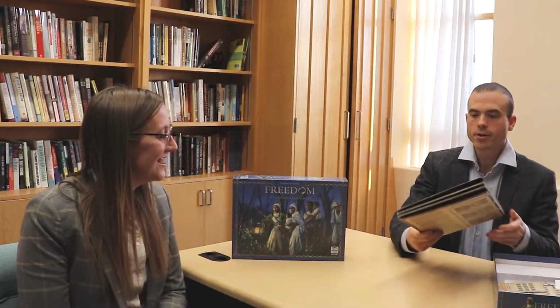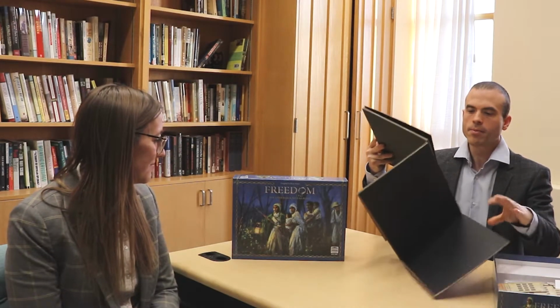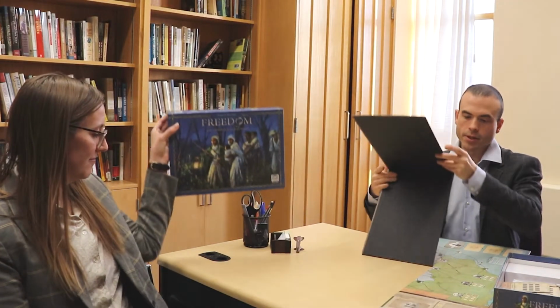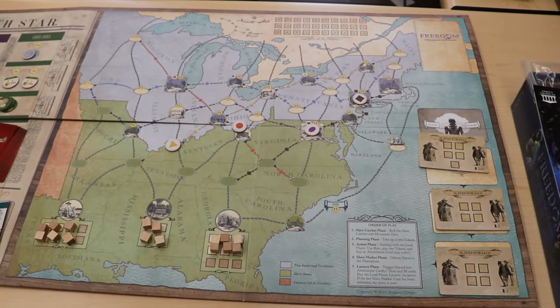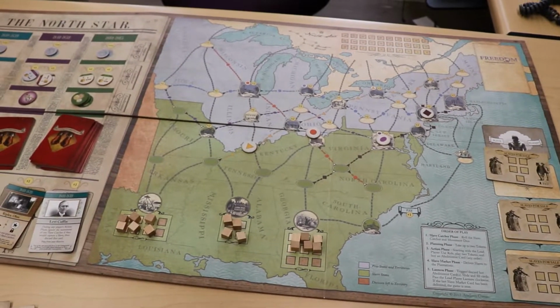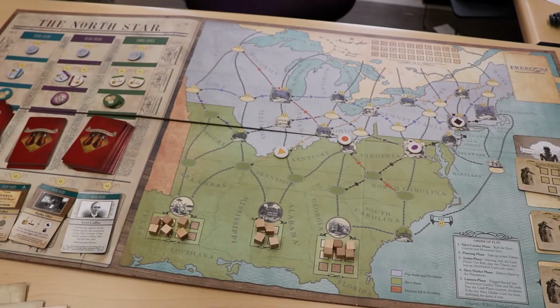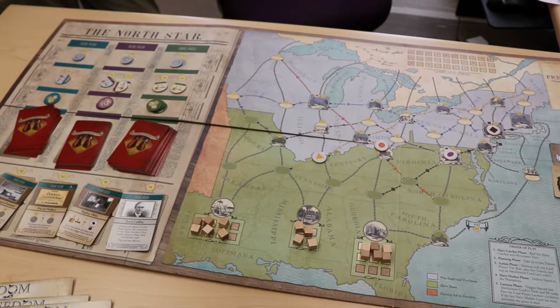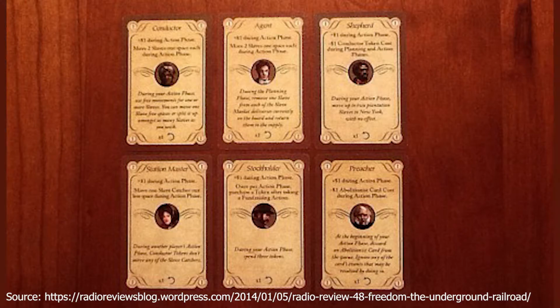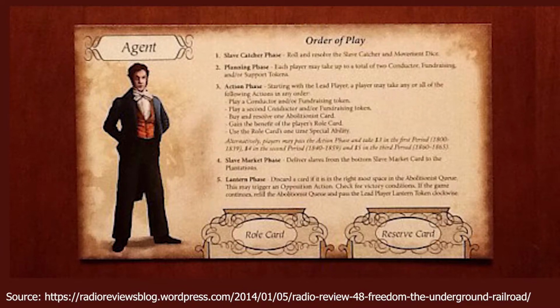So this is Freedom Underground Railway. It is a game about slavery and the path towards freedom. So it's, as you can see, a much larger, much more complex game, much longer, much more historically rich game. You play as omniscient players who can see the whole map, right? So in some ways, you have a lot more information than you'd ever have in any historical environment. You can see all of a continent all at once. You're orchestrating